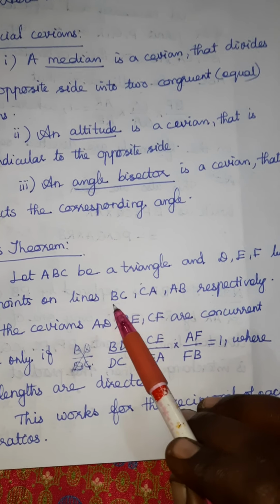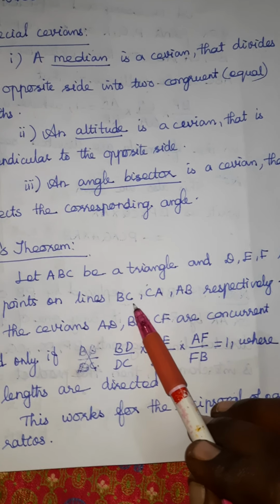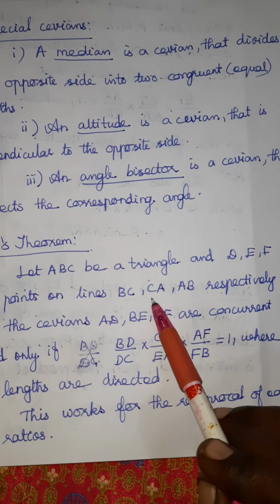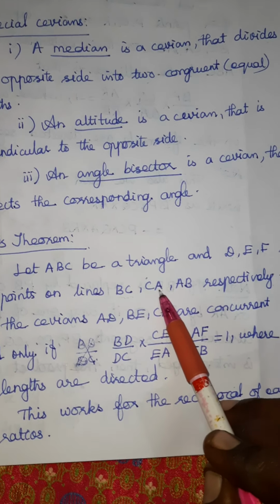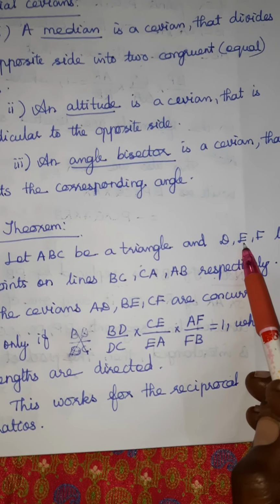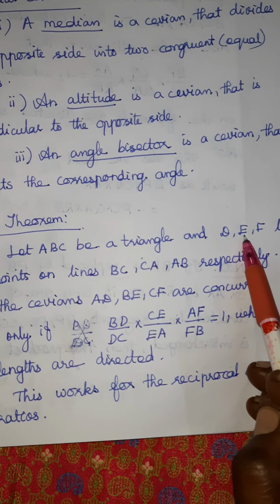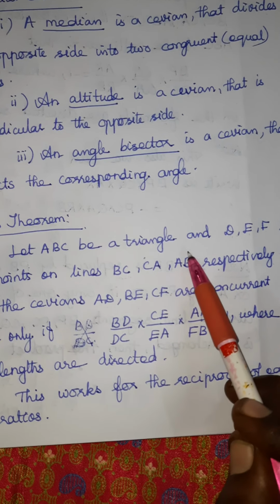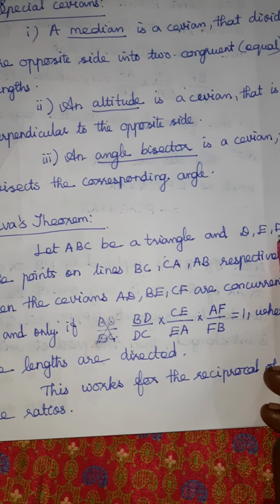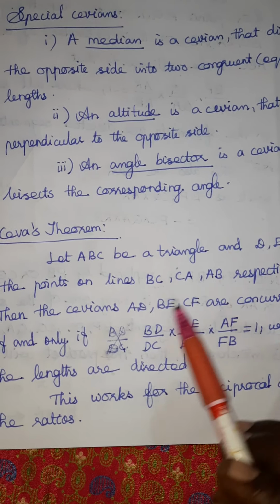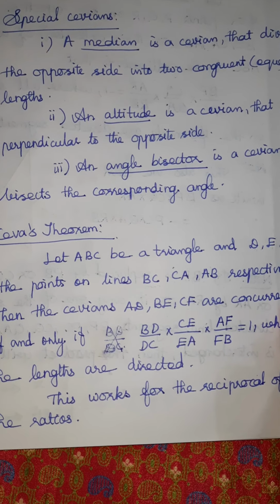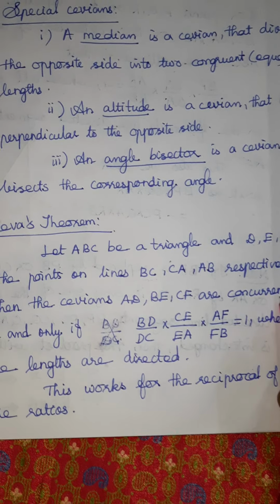What is the opposite vertex of this line BC? It is A. So AD is a Cevian. AC is a line, so the opposite vertex is B. So BE is the next Cevian. AB is a line, the opposite vertex is C. So CF is the third Cevian. The Cevians AD, BE, CF are concurrent, the three Cevians are meeting,